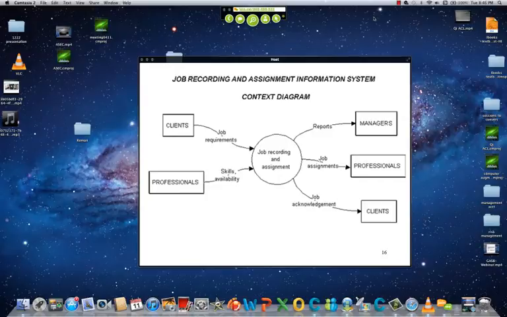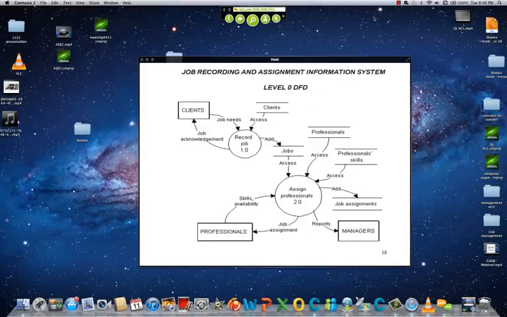So here, job requirement is on the left side, input. Output from the system is job acknowledgement, right here. So when you have level 0, it doesn't matter whether it's on the left side or the right side, inputs, outputs. You just want to make it neat, since there are many more things here. It's very hard to organize it in a way where you will have something on the left side, something